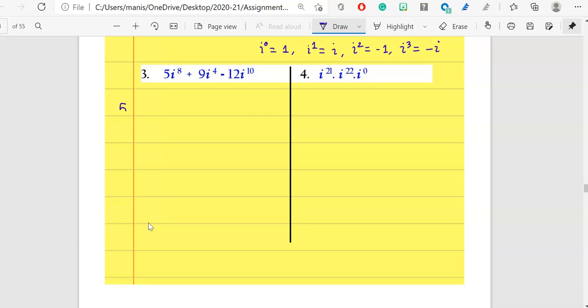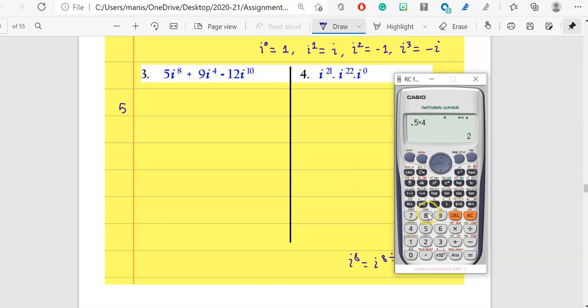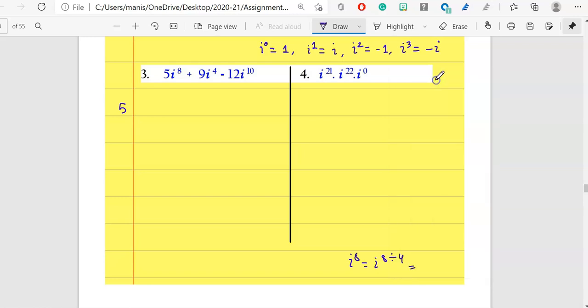Okay, first of all, what I will do is I'll write 5 over here, i to the power 8. So what I need is, i to the power 8 means what? I will divide 8 by 4 and write my remainder. So let's go ahead and see what is the remainder over here. So this is my 8 and this is my division sign 4. Do you see any decimal? No. So remainder is what? 0. So it is your 5i to the power 0 plus 9.